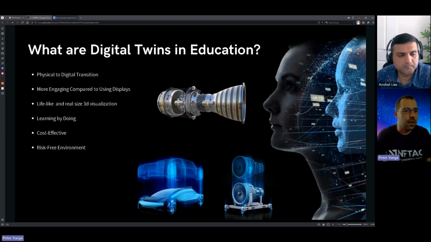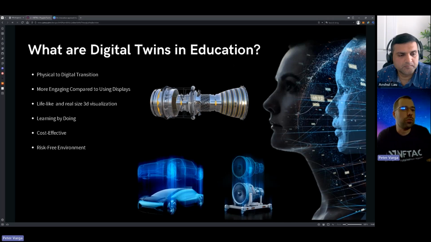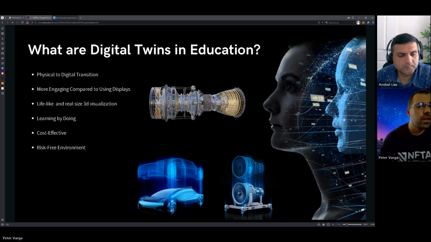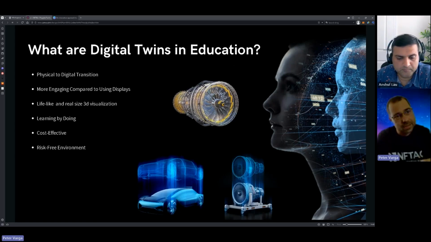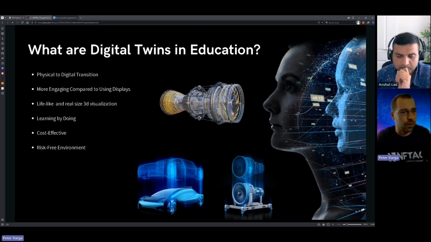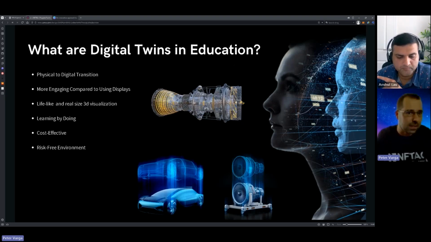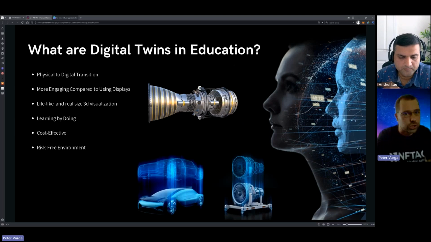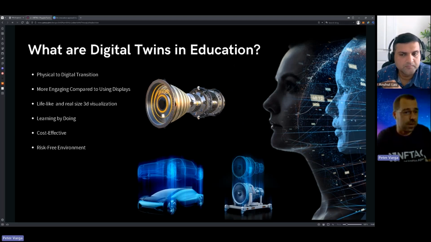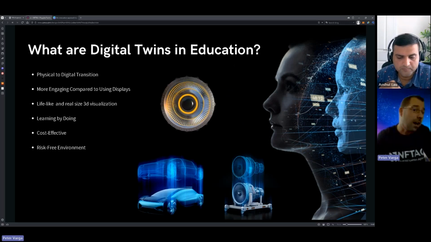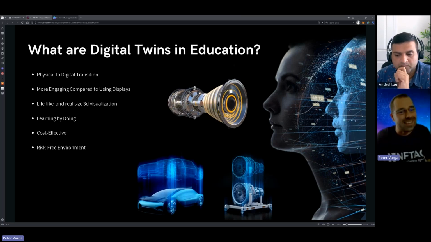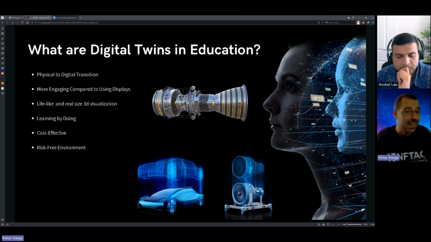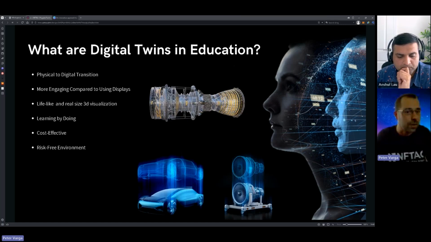As I mentioned before, digital twins play a crucial role in training and education. To keep it simple, a digital twin is just a virtual representation of an object or system designed to accurately reflect the physical world. It's basically a copy of our physical world. Using digital twins in VR education offers an enhanced and immersive learning experience in a cost-effective way, if we are not counting the cost of the VR headset, of course, because currently many universities are struggling to get even a basic 5, 10, 15 VR headsets in stock.